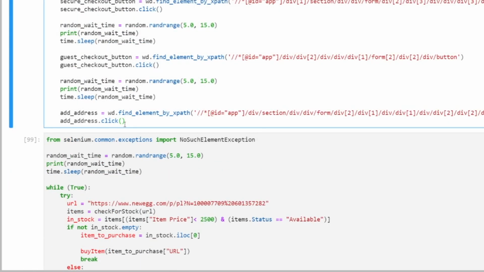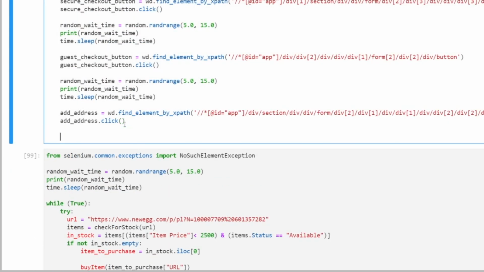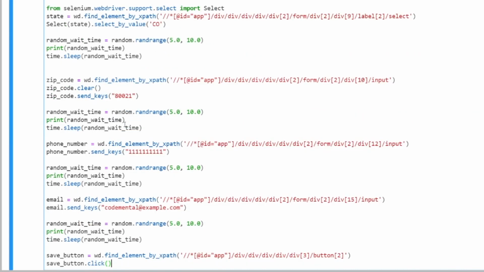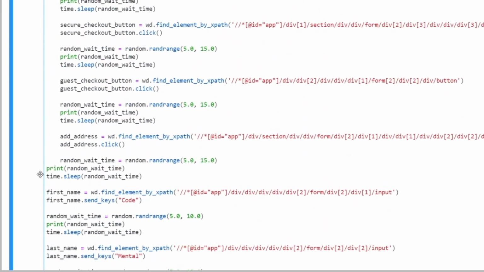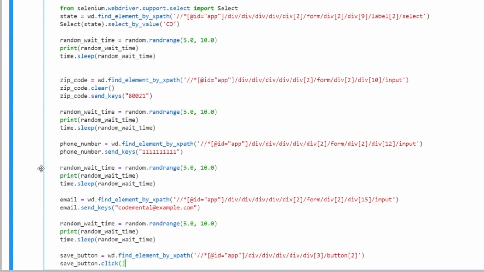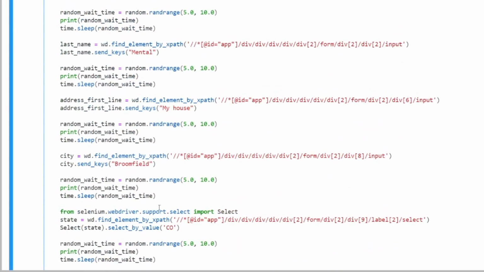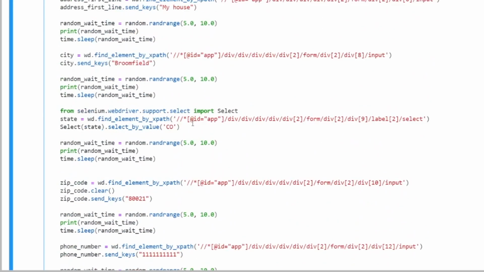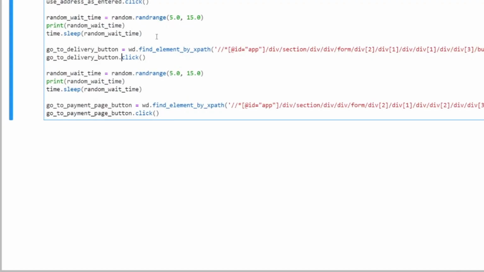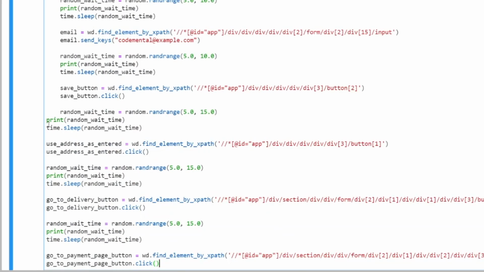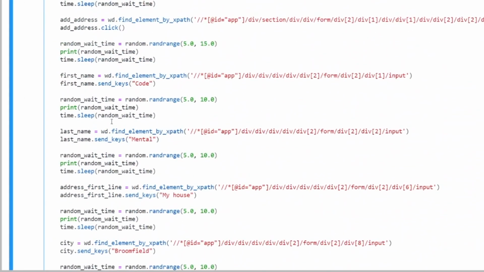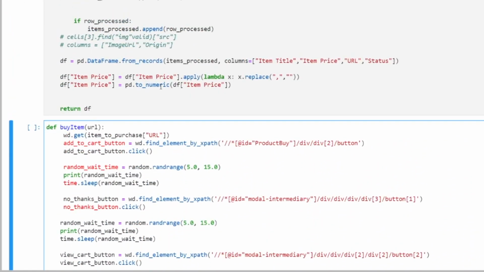I should break this down further. I have more methods. I'm putting everything into the same method, but that's because I'm just doing a demonstration. I would say that as an exercise, you should split this into different steps of the checkout process. Do as I say, not as I do. Okay, and that's about it. So we have now a massive method that does a checkout of an item.